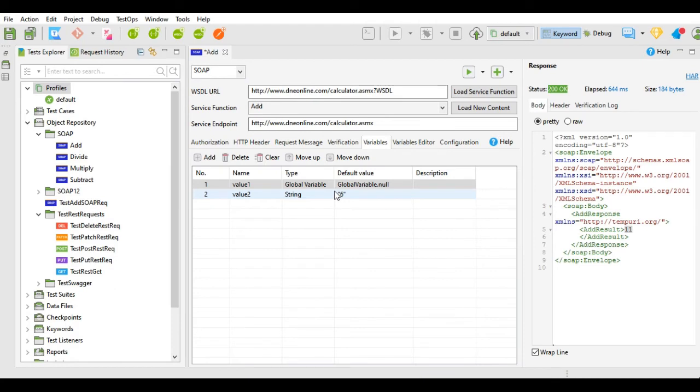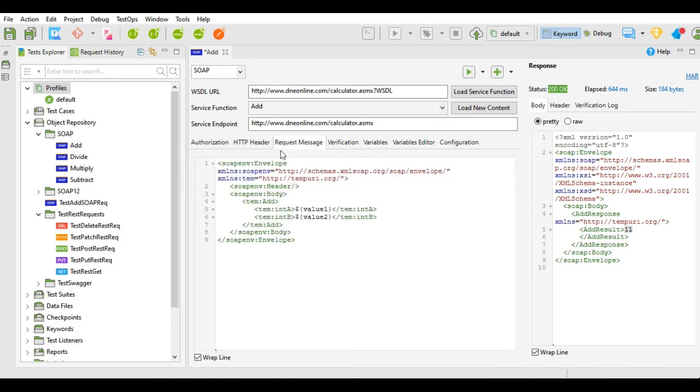Now in the SOAP add request, here instead of value1 I got the num1 default value. I have picked that value and now it's showing global variable dot num1. The value1 will accept the global variable value from the num1 global variable, and it is 11. So now addition will be 11 plus 6.